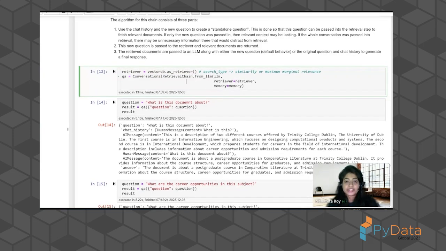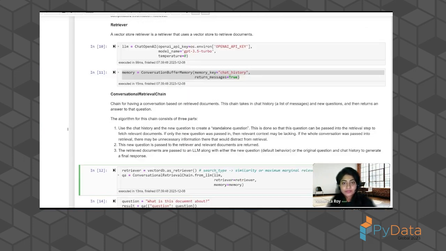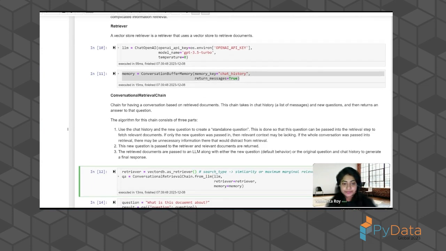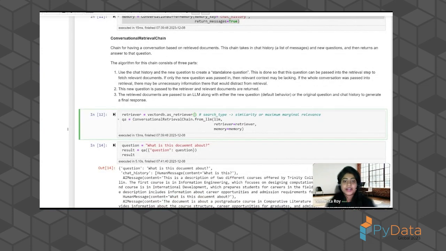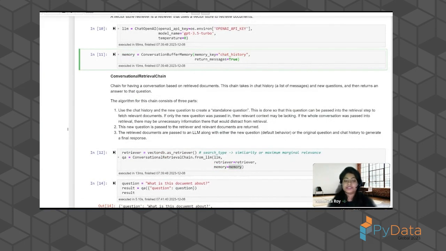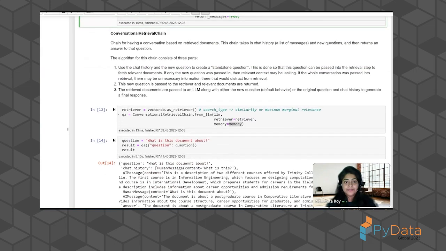So this is your LLM specification, that I'll be using GPT 3.5, and then you'll be using this retriever setting, which is your default retriever, and this is your memory setting. So it's going to return the messages that you've been conversing with it, and we run it.